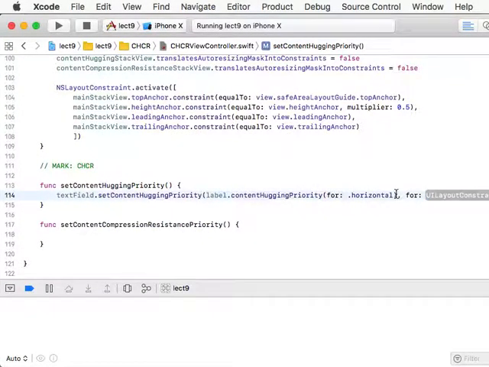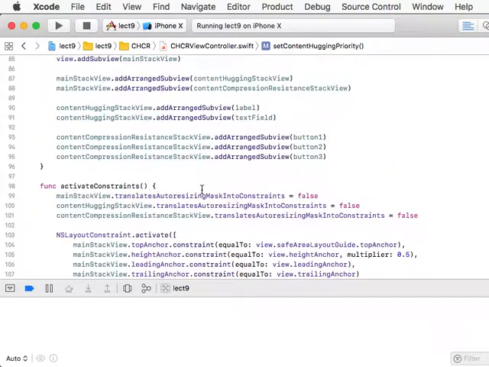And then we want it to be lower than labels 1. So right now I set the content hugging priority to the label's content hugging priority, but I want it to actually be lower, so I subtract 1, and then just say I want to set it for the horizontal, right, because we're working with the horizontal. And then